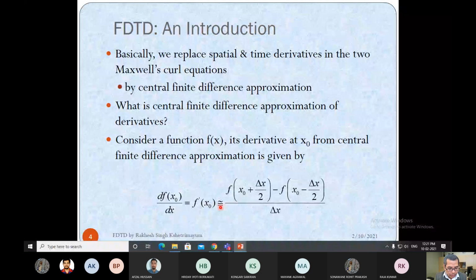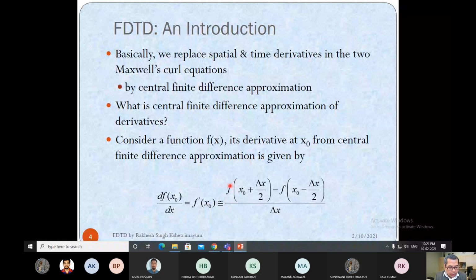The derivative of function f at x is basically f of x plus delta x minus f of x, divided by delta x. That was the usual derivative definition when delta x tends to 0. That was the definition you usually learn in your plus 2. But here, instead of using a one-sided approximation, we'll use a two-sided approximation. We also call it the central finite difference approximation.